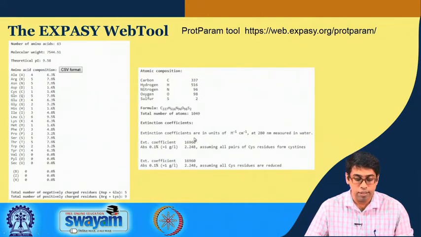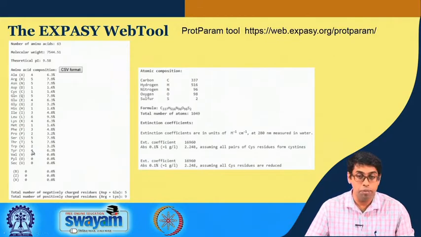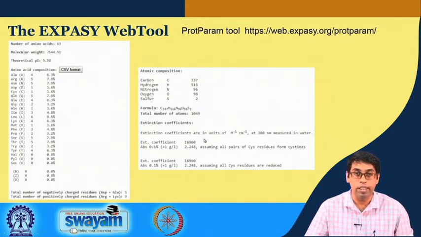So, in this case, the protein has an extinction coefficient of 16,960, and you can roughly calculate this number from the number of tryptophans and tyrosines that are present. So, you can multiply 2 tryptophans by 5500 and add it to 4 tyrosines, so 4 multiplied by 1490. You can sum that and you will see that it comes somewhere close to this number. These programs are optimized, so you will not get exactly the same number, but these are more accurate values.